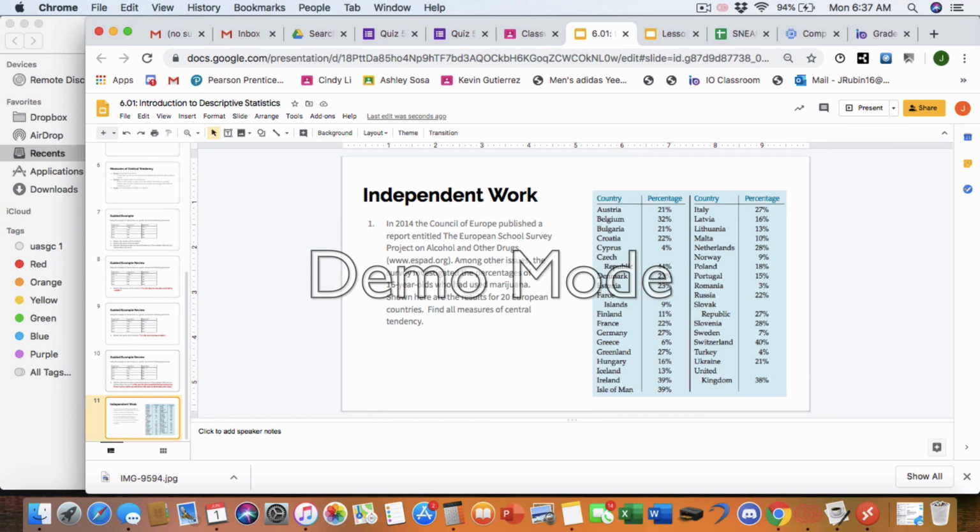Alright, so for your independent work, you are going to repeat this process. You have a table. It has the percents of 16-year-olds who had used marijuana by country in the European Union. So you're going to find the 3 measures of central tendency for this data, and I will post it